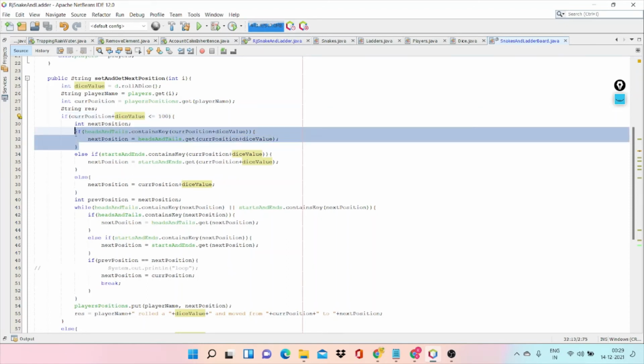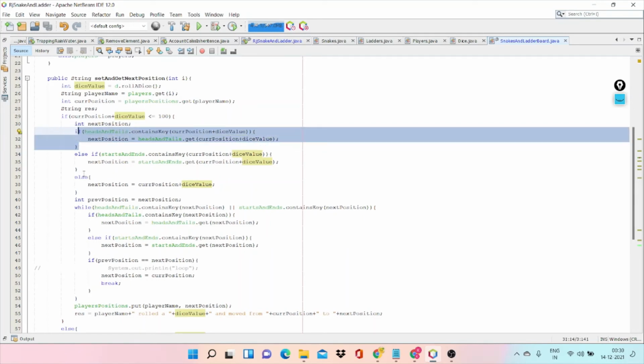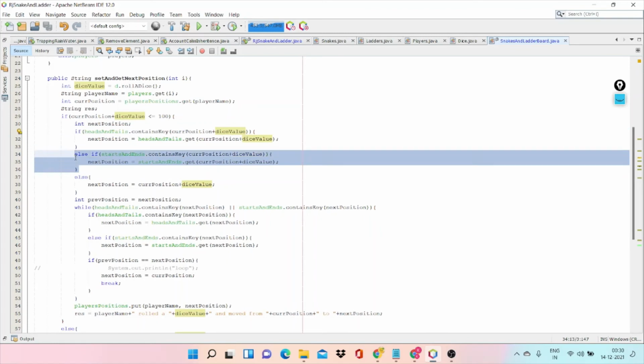Then we need to check if the next position contains any snake head. Here we check whether it contains a snake, or whether it contains a ladder.